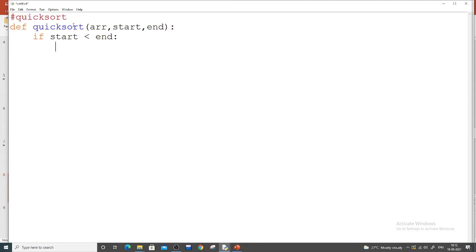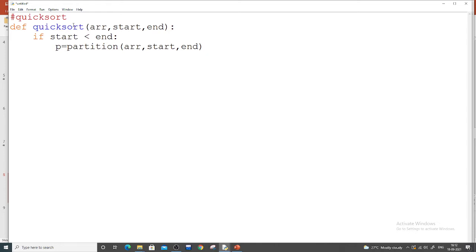Here I will call my special method called partition. In this partition method, I will pass the array as well as my start value and my end value. Starting and ending I will pass, and that will return me the p value. P is my partition position.